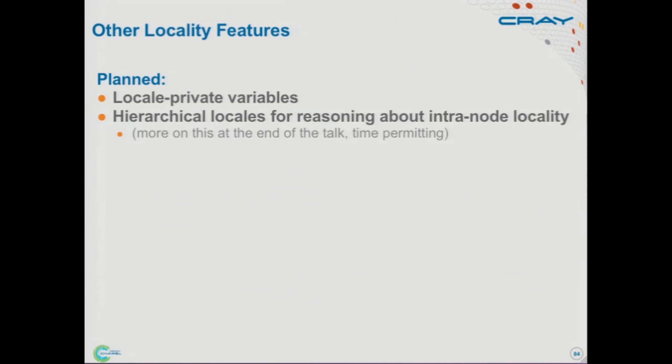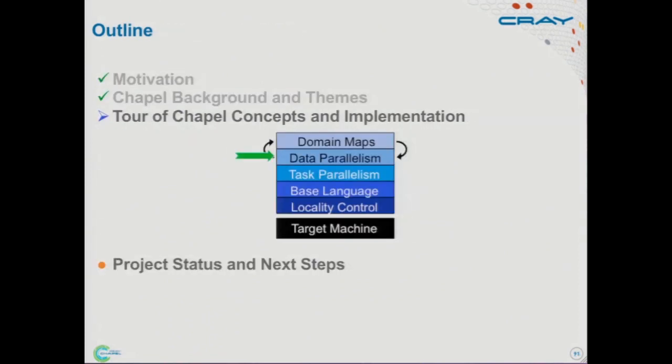The two main things we have planned here, one is the one that the question was asked about earlier, this notion of hierarchical locales. Given that architectures are becoming much more interesting and complex and locality sensitive within a compute node, you really want some way within a locale to talk about, well, is it in this memory bank or that memory bank, or is it in the CPU or the GPU? And the hierarchical locales are designed to deal with this. And the other thing is a notion of a locale private variable, similar to a task private variable, where if you refer to that variable, you're always referring to the copy that's local to your locale. And those are the locality features.